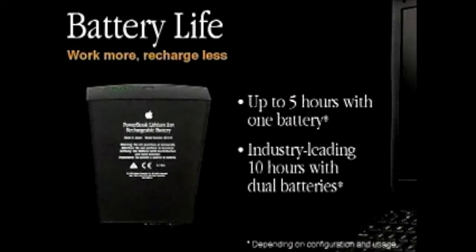It's the world's fastest notebook computer, up to 30% faster than its mobile Pentium brethren. It's the only notebook computer with two built-in FireWire ports that are powered, which is great for making desktop movies when you combine it with Final Cut Pro. It has industry-leading battery life, up to 5 hours on one battery, up to 10 hours on two batteries, which